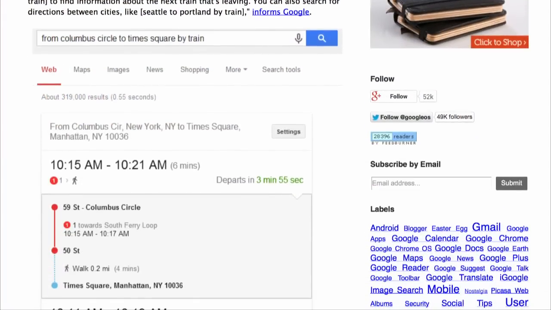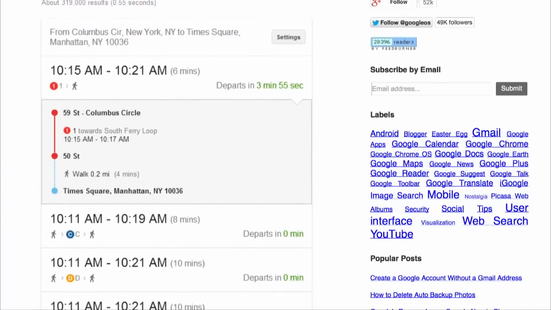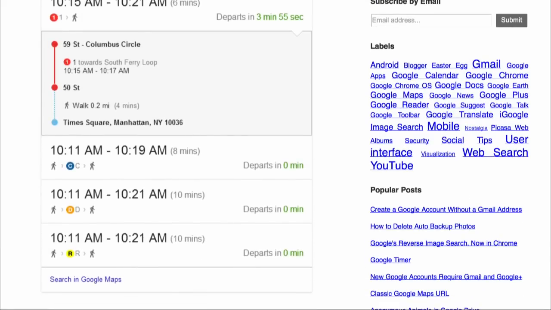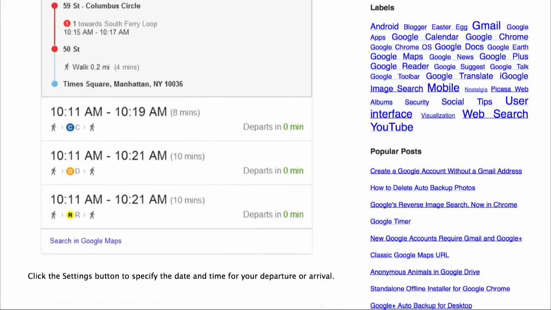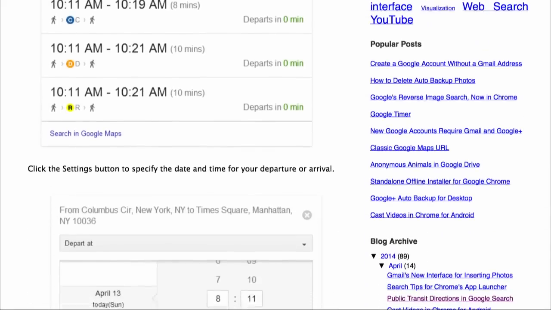Ladies and gentlemen, Gina Trapani has our tip of the week. Google search now does public transit directions right in the search results. Of course, this works mostly well in big cities like here. But if I do a search for 2409 Fulton Street by train, that's the Brooklyn Shake Shack, by the way, Google search results will know my current location and will tell me that I need to get on the F train and go, which is pretty cool. Right there inside the knowledge graph. That's cool. I guess that would be considered the knowledge graph. And it'll give you different routes, as you can see in the screenshot here, and tell you what time you're leaving. It's pretty awesome.